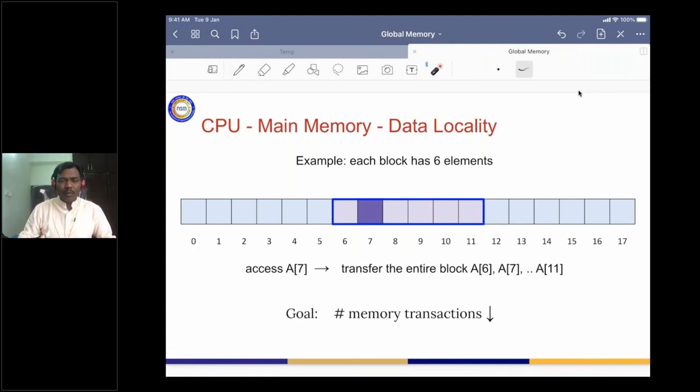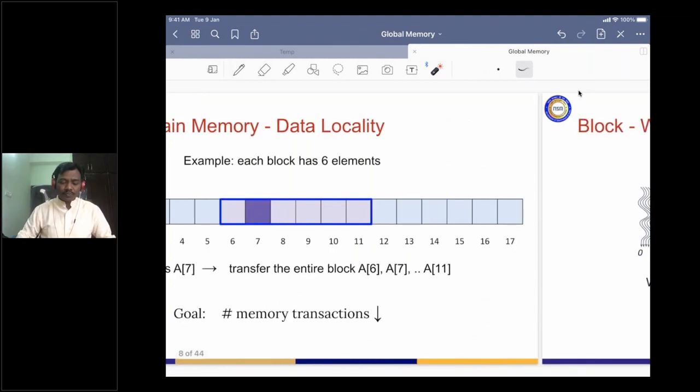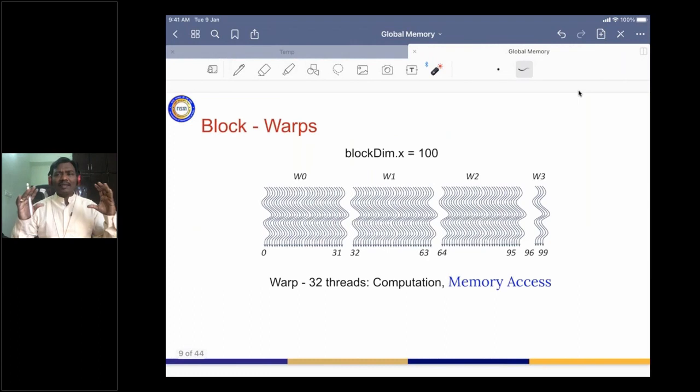Now let us think of what happens in the GPU. In the GPU, one of the most important terms is warps. We are going to discuss warps in today's class and in the next session as well, very crucially. What do you mean by a warp?